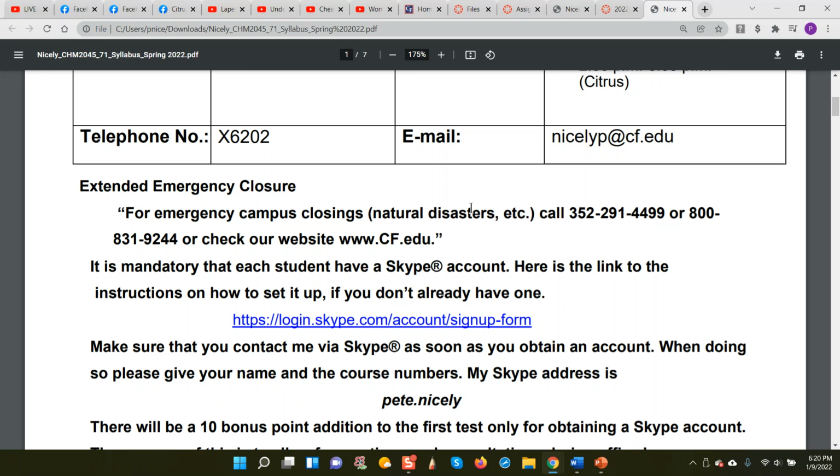If anything happens like a hurricane and you're not sure whether the college will be open, you can call this number or this toll-free number, or you can check the college website, which usually provides a banner indicating whether or not the college will be closed